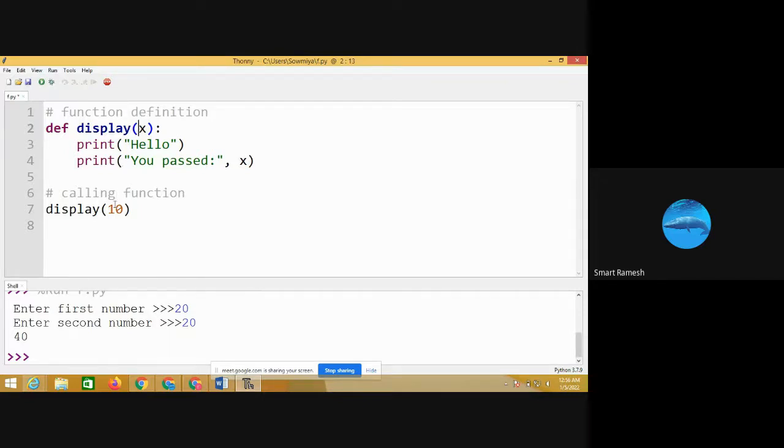When we are calling the function, the value 10 is called the argument. That is the difference. Here 10 is the argument. Defining the function, x is the parameter. Display of 10, so I am calling the function display of 10. So what is the output? Hello, you passed 10 is the output.